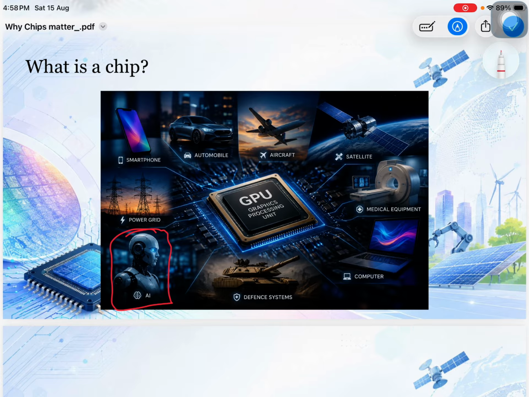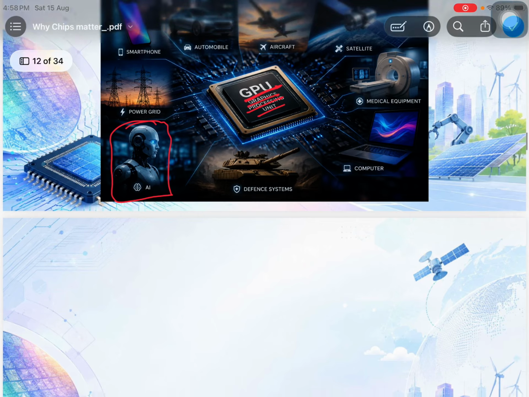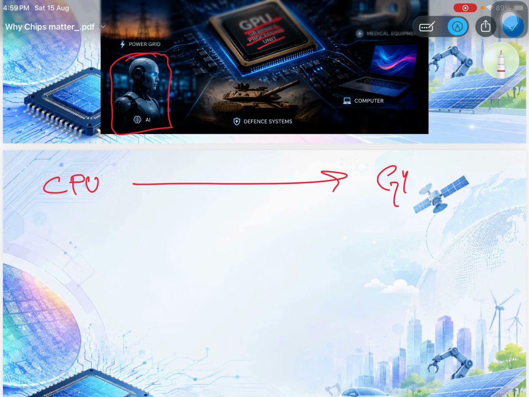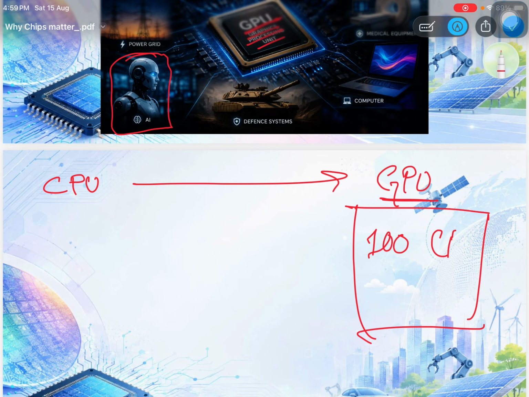Now, there is one thing which is called GPU, graphics processing unit. You must be familiar with the term CPU from childhood, that the CPU is the brain of the computer. The GPU is an evolved form of the CPU. You don't have to understand it technically, but you can understand that one GPU must have at least 100 CPUs. It is a very fast, very high processing chip in reality, which can process a very high amount of data, which a standalone CPU or our laptop CPU cannot process.